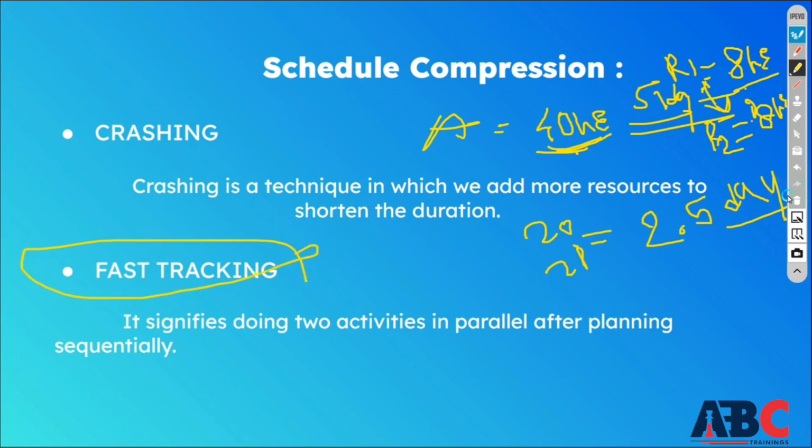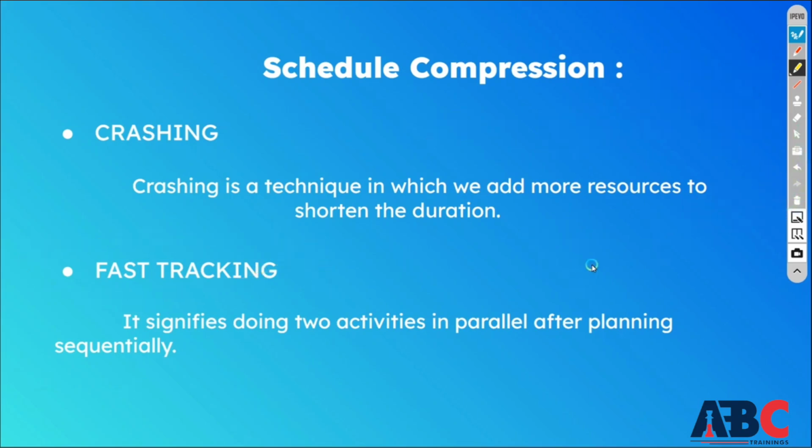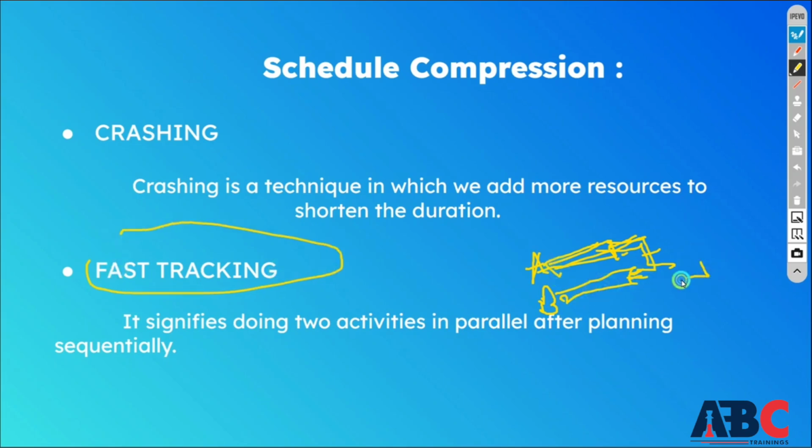Second option is fast tracking. Fast tracking means any schedule has an activity A and according to that B activity is going on, but you have changed the relationship. You have planned your activities sequentially, but now you are doing them in parallel, whenever possible. So what will happen is, like my electrification work is going on and my plumbing work is also going on. After my plumbing, there was to be electrification. But if you perform both of those works simultaneously, then that will be your fast tracking, which will reduce your